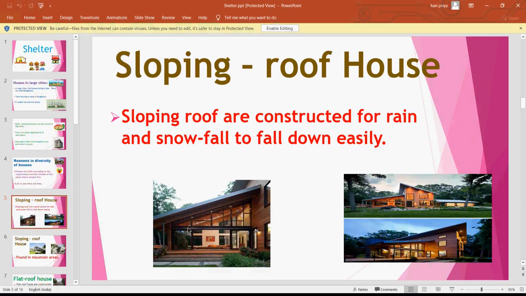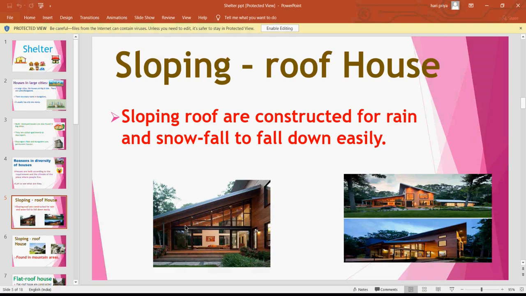You know why this roof is very slopey? Any guesses? Why are the people constructing like this? Why are the people constructing a slopey roof? Because in that place there will be much rain and snowfall. If you construct a slopey roof, the rainfall and snowfall will not affect the house. As the roof is very sloped, the snow will fall down easily. For the climate, they are constructing the house with a slopey roof. The rainfall and the snowfall will slide down and fall easily